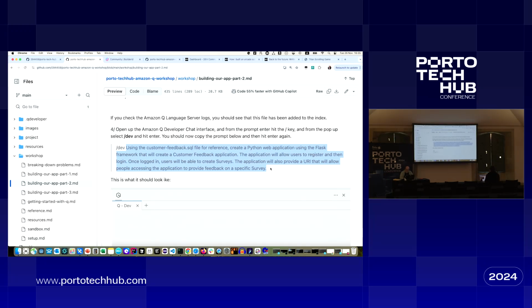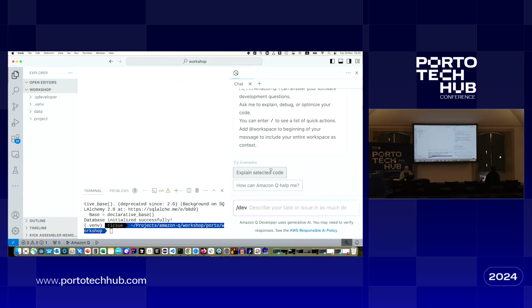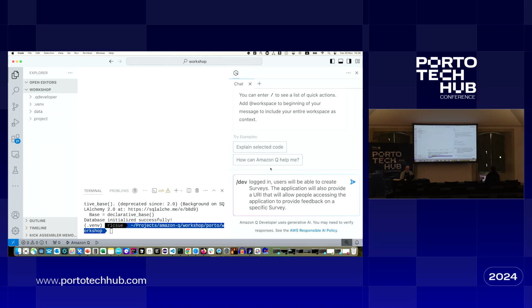And what this prompt says is, using the customer survey SQL file for reference, so using our data model, create a Python web application using Flask that will create a customer feedback application. The application will allow users to register and then log in. Once logged in, users will be able to create surveys. The application will also provide the URI that would allow people accessing the application to provide feedback on a specific survey. So it's pretty basic, right? That's how we might ask to do a core application. So I'm going to paste that in